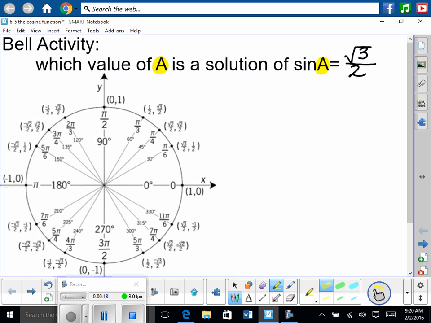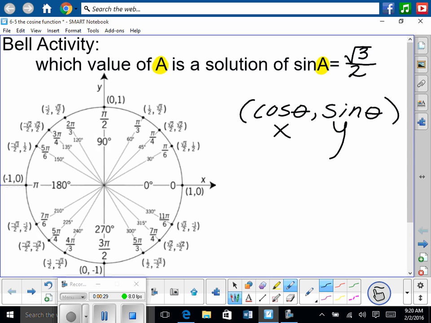You could use your unit circle. Remember that in a unit circle, our cosine is our x values, and sine is our y values. We have x, y points, so we have a bunch of x, y points on here. So I'm going to locate the place where sine is square root of 3 over 2, which right there,